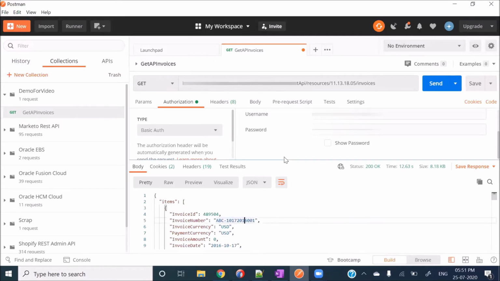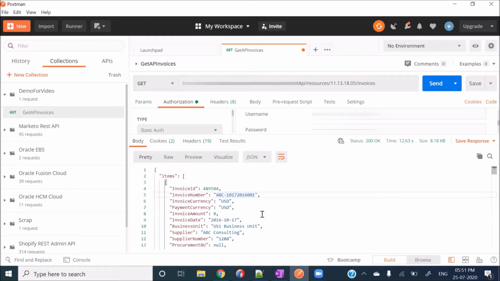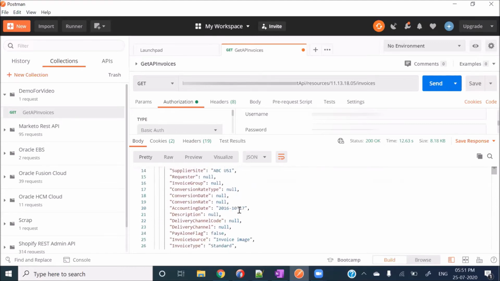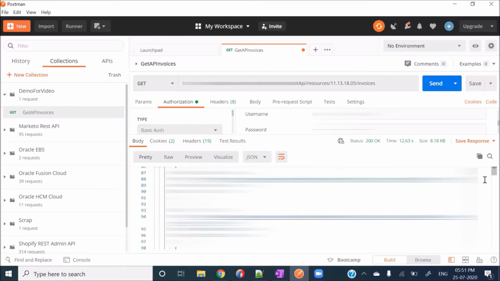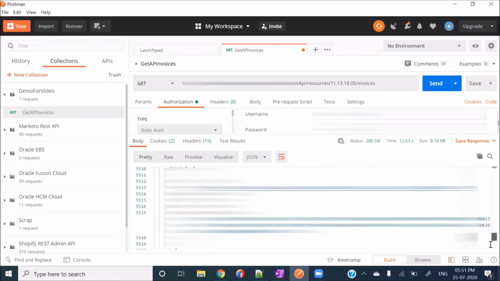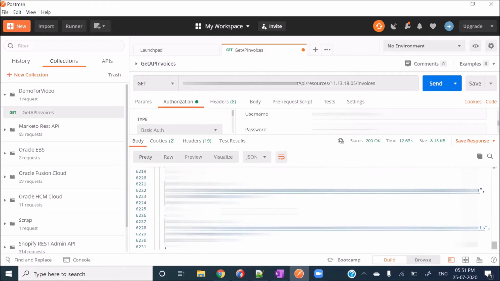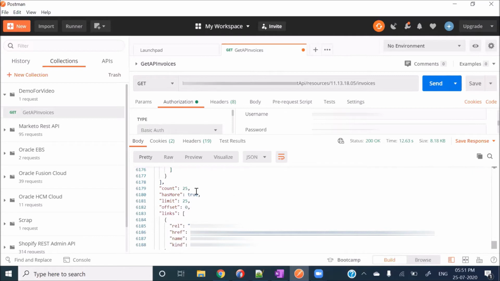So this data is fine enough. We can see that. So status is 200. And if you see, this is how we are getting the data, which is a JSON. Okay. So in this particular, because we are getting all the invoices, it must be giving you the data for 25 invoices. Okay. Because this is a default value for Oracle REST APIs. In Oracle Instance REST API, the maximum value which you will get is 25 in one shot. Has more true means more values are there. Limit means how many number of records are coming up in this particular page. And offset means from where you are reading the records. Basically, you are reading the records from the 0th record.